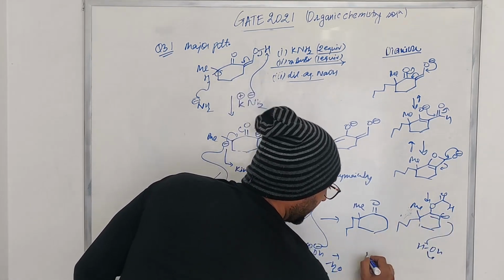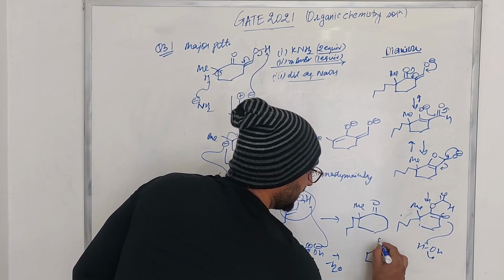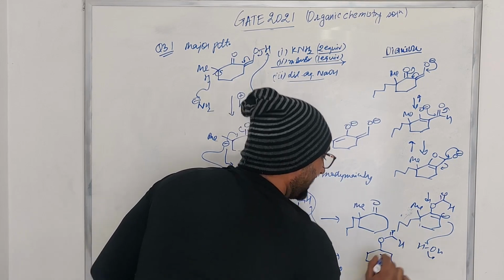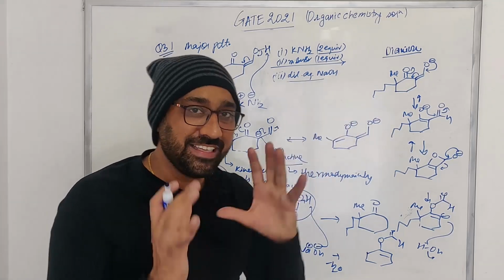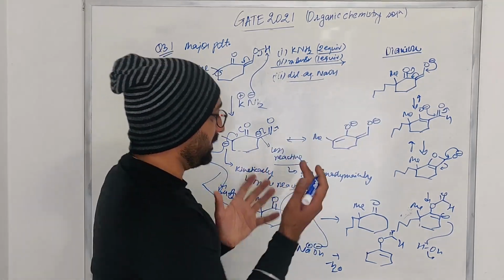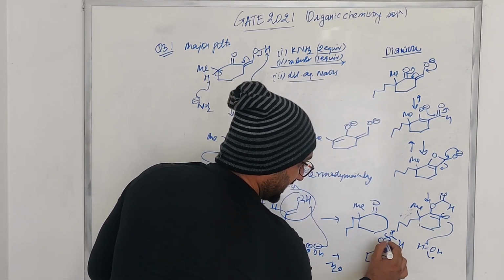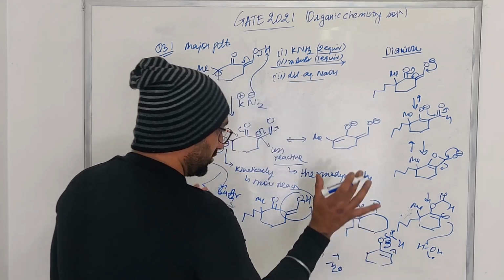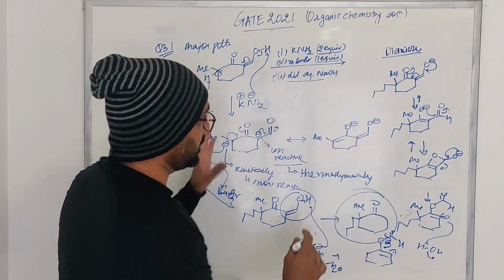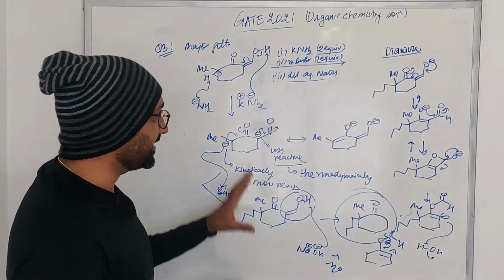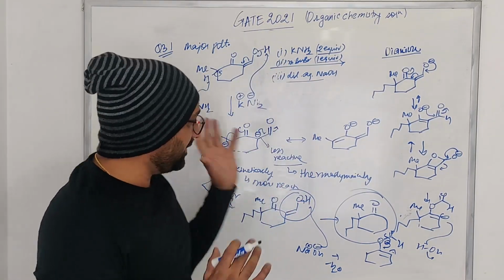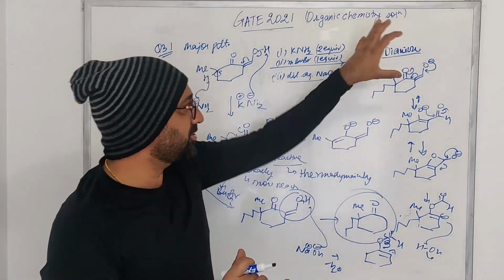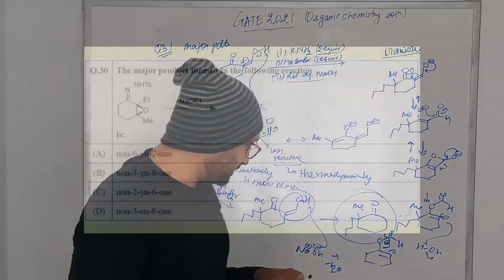And what you have here now is such a system, right? And this is nothing but an ester. An ester can be easily hydrolyzed under the basic condition. So what you are generating is an O negative. So this comes back to give you the final product. So this is how this entire hydrolysis or the deprotection of this particular molecule takes place. Okay, it was an interesting problem based on the dianion chemistry.